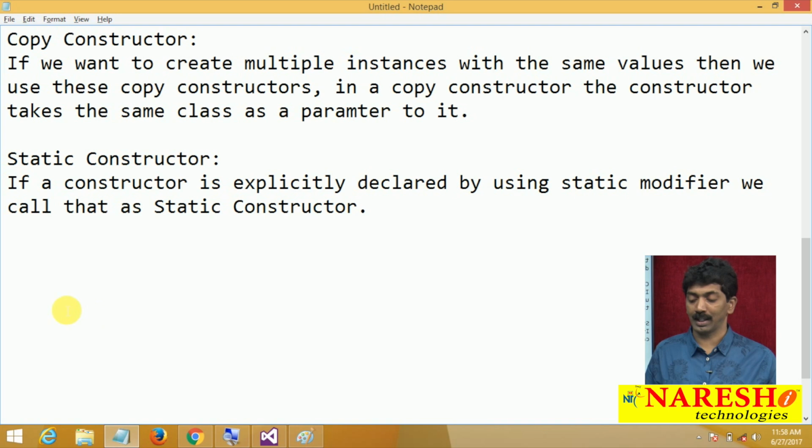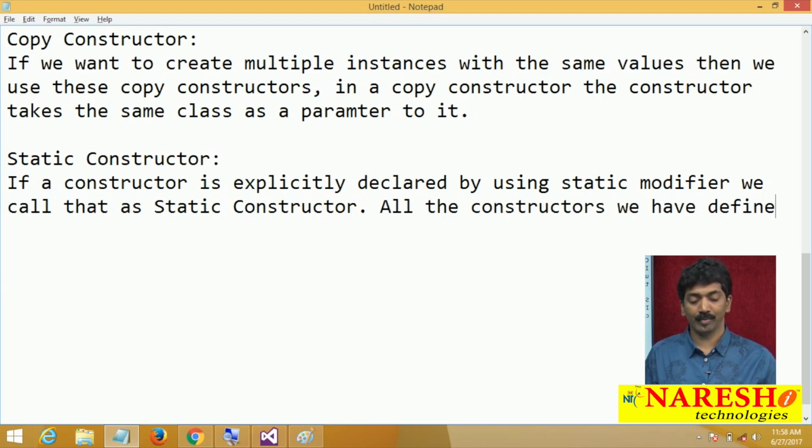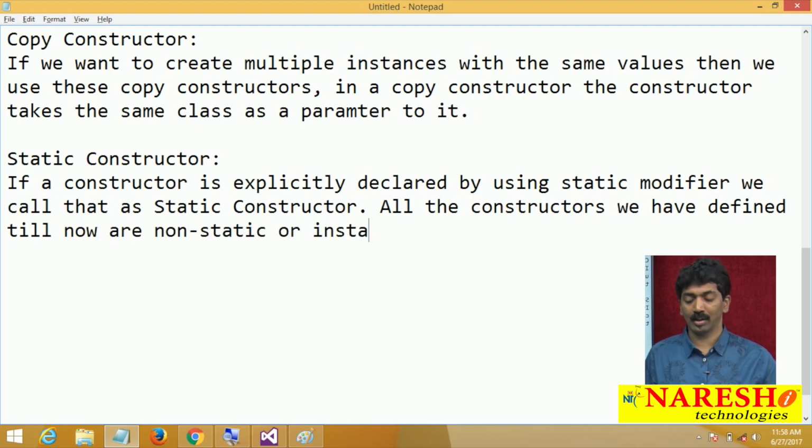And remember, all the constructors we have defined till now are non-static or instance constructors.